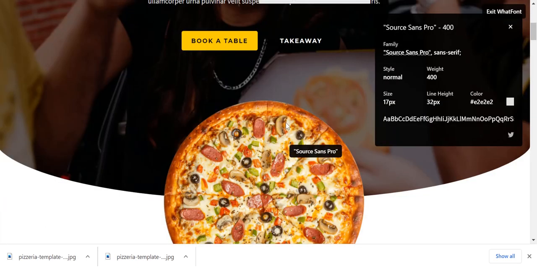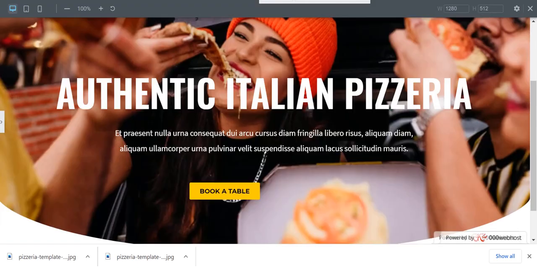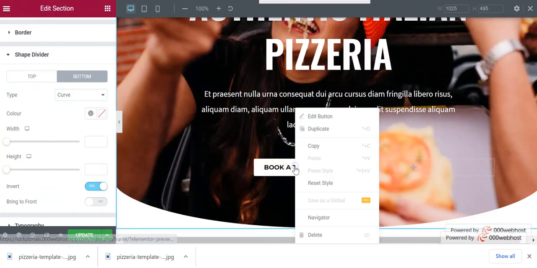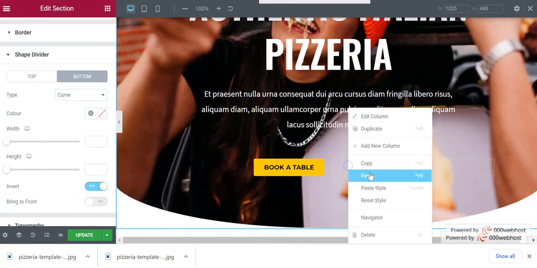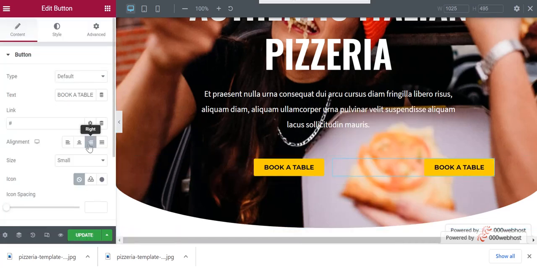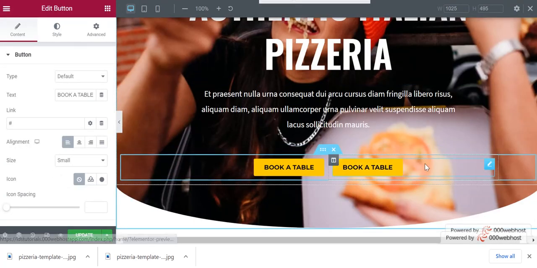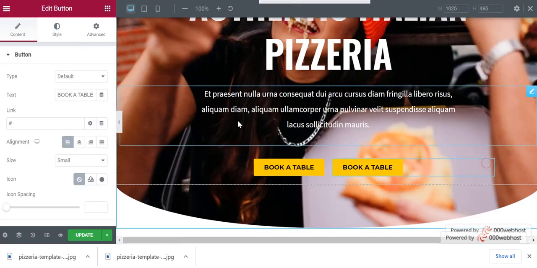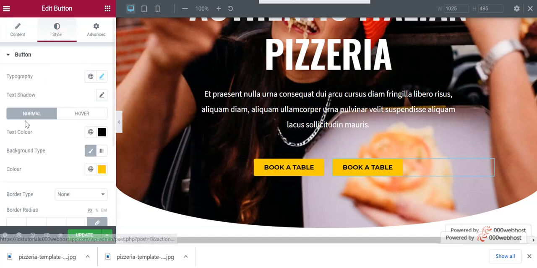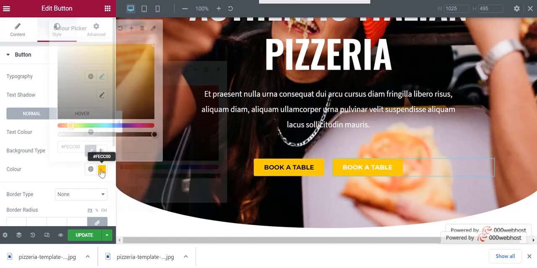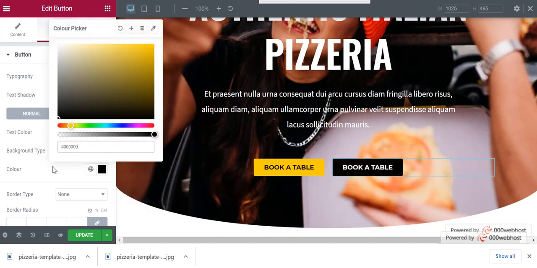Now here there is one more button, that is take away. So now we don't have to design it, we just copy it and paste it in this section, and we will make it left align. Okay, and it is take away, and it's black in color. So we will click on this pencil icon, that is the edit section option, and the text color we make white, and the background color we make black.